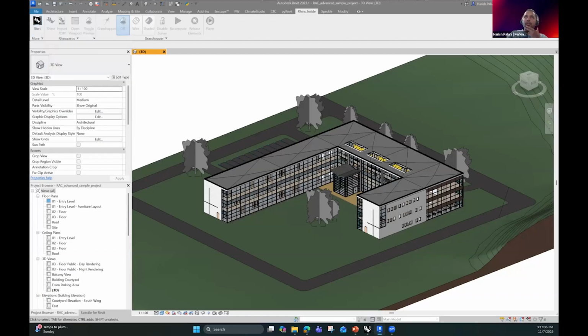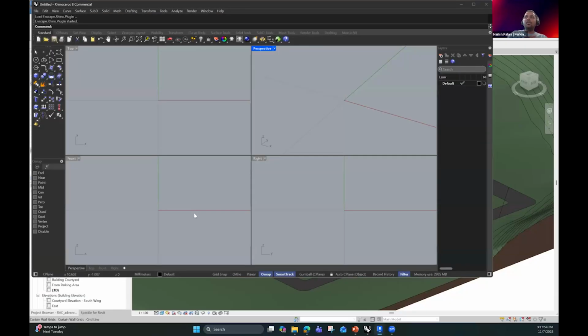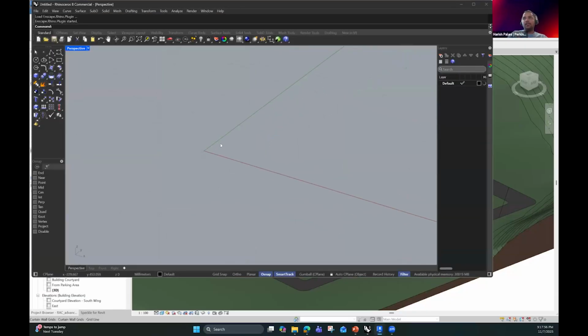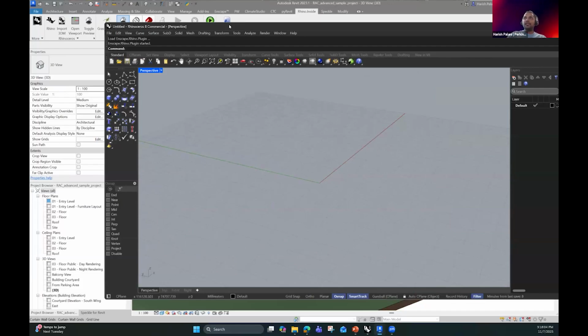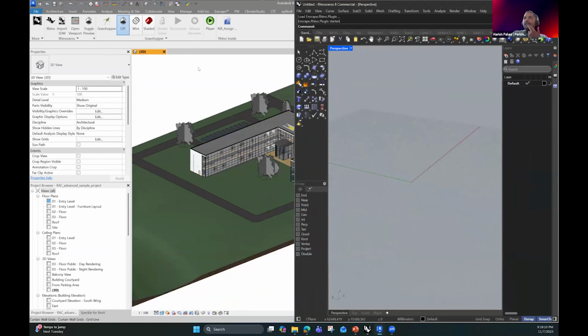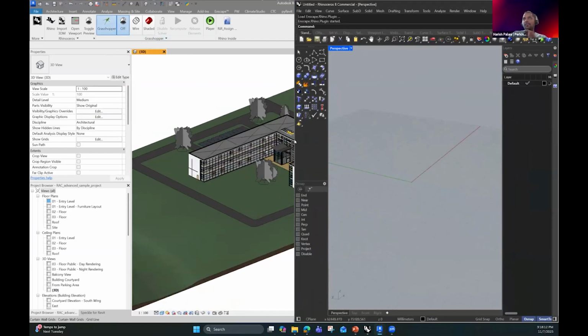You can see a Rhino start command and everything is grayed out. When I click on start, it starts Rhino, and then it gives you a bunch of options for Rhino. You can see there's Rhino, there's Grasshopper, which we are familiar with. If I click on Rhino, it creates a new instance of Rhino within Revit. It's basically a Rhino opened inside Revit. If I close out of Revit, my Rhino will also close. This is not a Rhino that's open separately from Revit. This is a Rhino inside Revit. So I can have a Rhino over here. And if I click on Grasshopper,